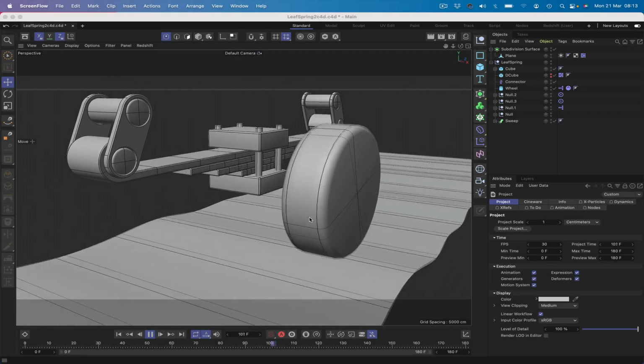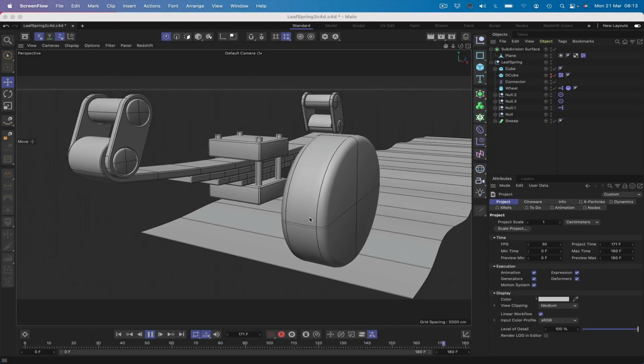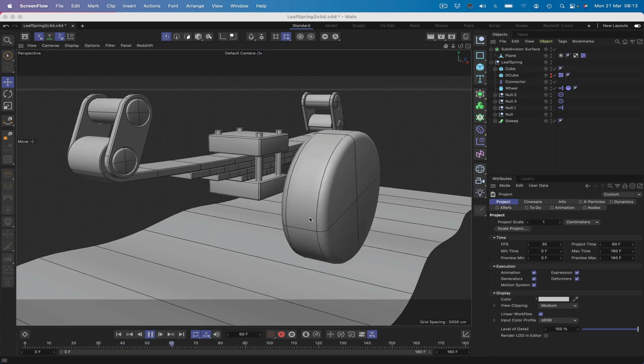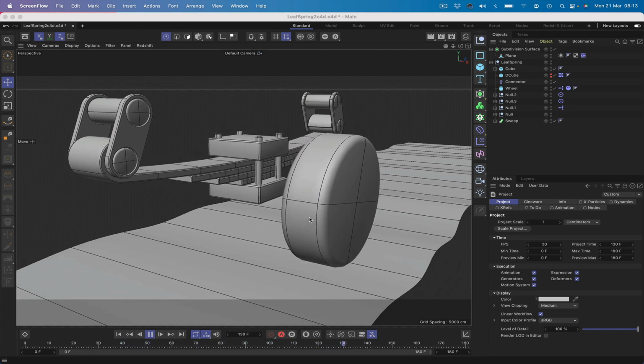Hi there once again and welcome to another Expresso mechanic tutorial. And in this one we're going to be looking at building this, which is of course a leaf spring suspension